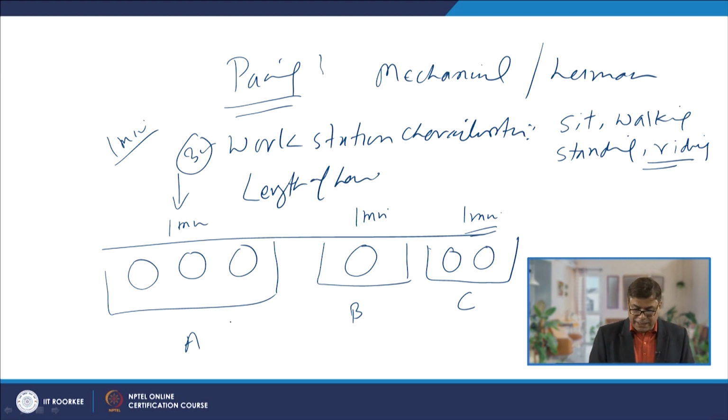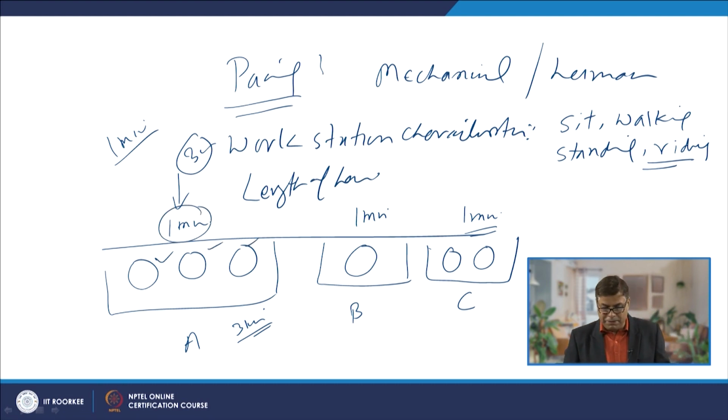So, here at station A, the job needs 3 minutes for completion, so we are deploying 3 persons, so that the entire job is completed in 1 minute. At station B, the operation takes just 1 minute, so 1 person is deployed. So, the different stations can have different numbers of operators and different types of facilities, so that at each station the job is done in almost the same time, or the cycle time which is desired for achieving the given production or output.